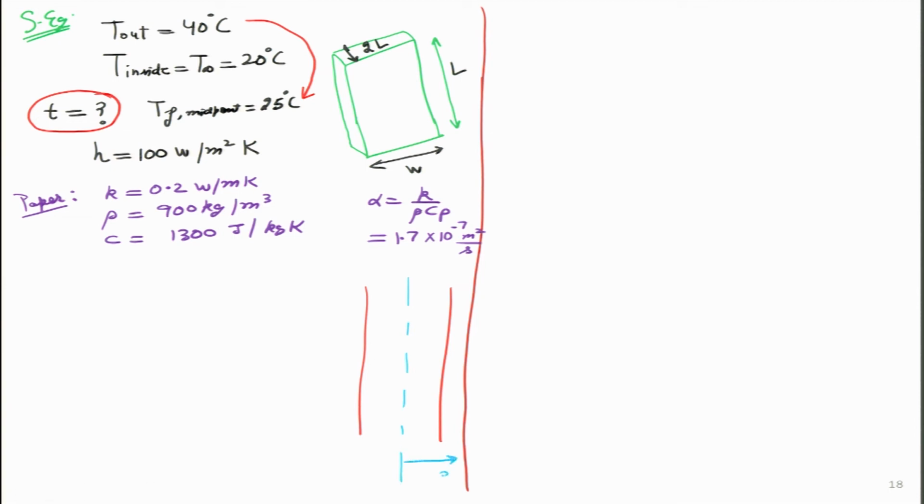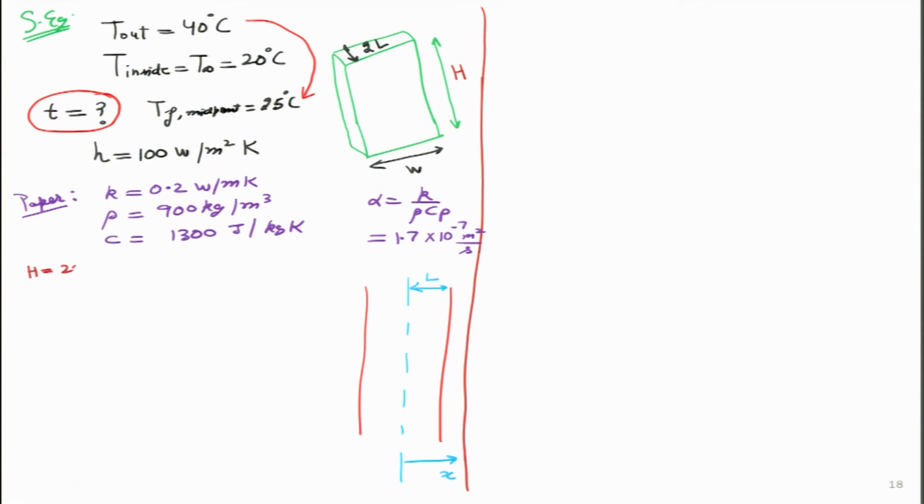The X axis we will consider over here, and the half width we will take as L. I think I did not put the numbers over here, so let me go ahead and put some numbers there as well. The dimensions I am writing over here are for a typical book. Let me start with the height. Sorry, over here I made a small mistake. This would be the height of the book, capital H.